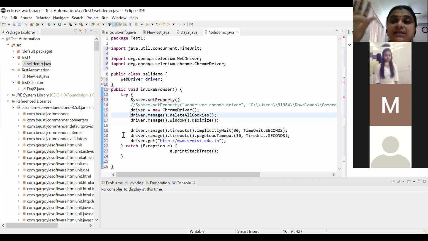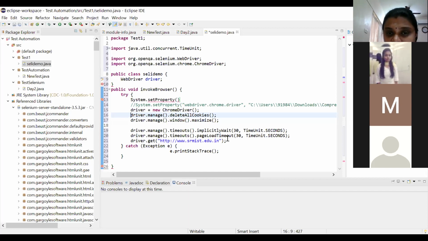My particular URL is my AUT. AUT means application under test. Let's say I'm going to test a website; that is my AUT. I'm showing this for web-based testing, so that particular URL should be mentioned here.